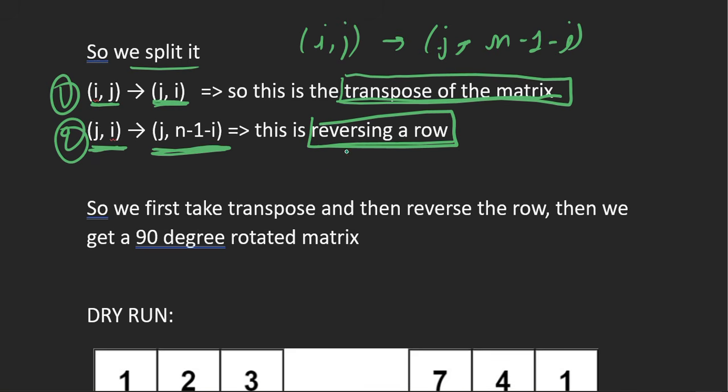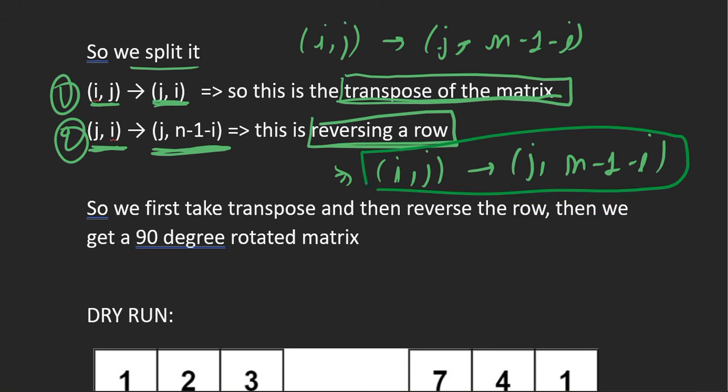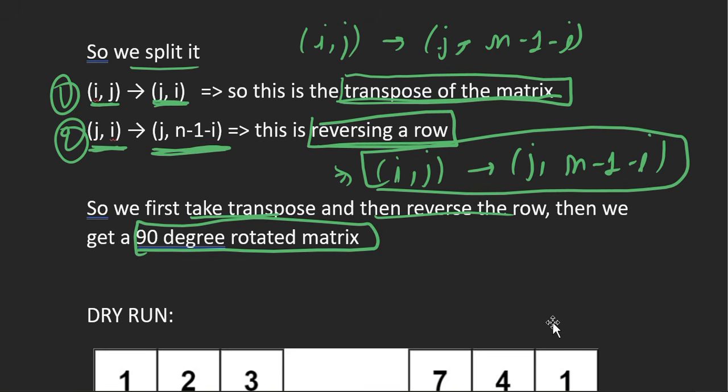So if we combine both the steps, then I comma j will be converted to j comma n minus 1 minus I, and that is what we want to achieve, right? So taking transpose and then reversing the rows will give us a 90 degree rotated matrix, and that's what we want to achieve, right? So let's see